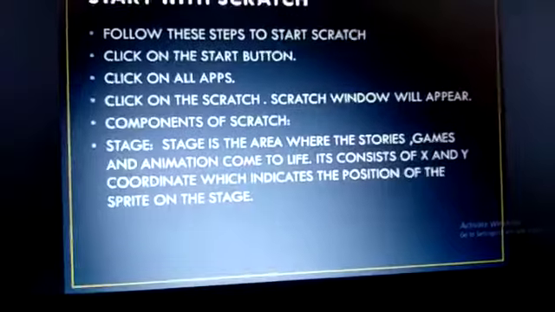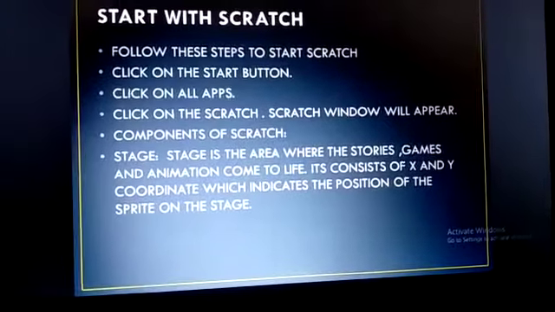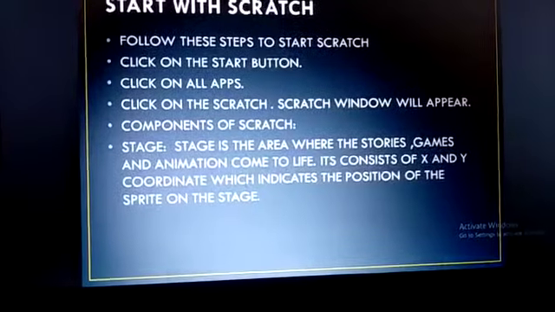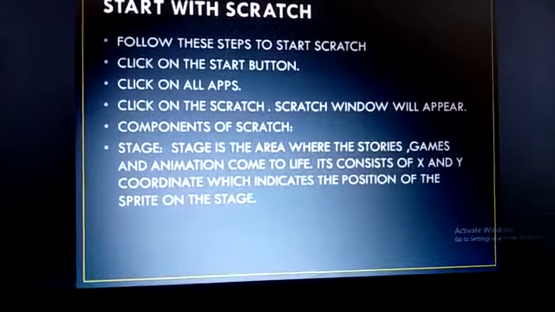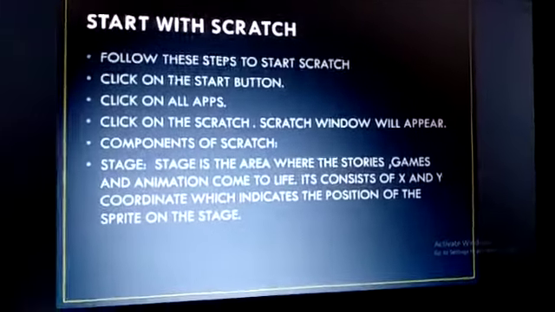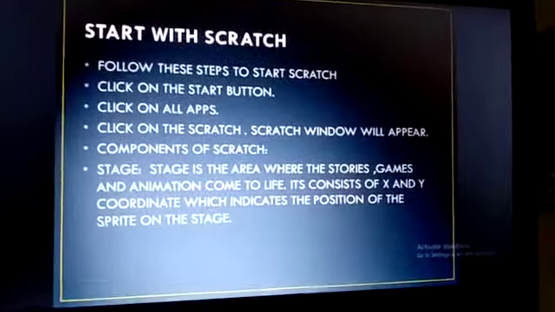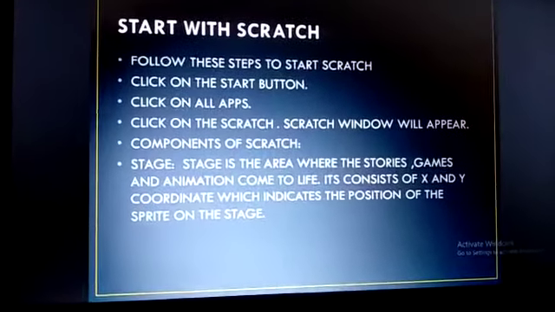So the first component is the stage. Stage is the area where the stories, games and animation come to life. Let me give a simple example. Suppose we are having some function in the school, like dance, songs and drama.